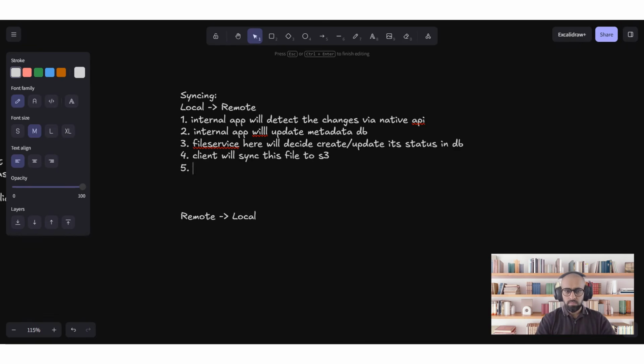And on S3, how will we be doing that? On S3, we will be using the last write wins strategy, as is the strategy we are discussing here. As in the case of Google Docs, there are other strategies present which we are not discussing right now. We will just suppose that whatever the last write on S3 is, S3 will replace that. And now